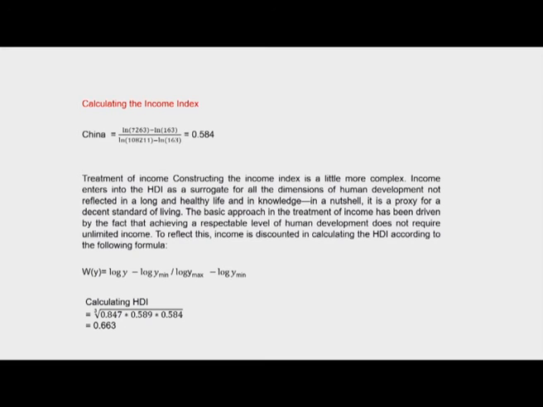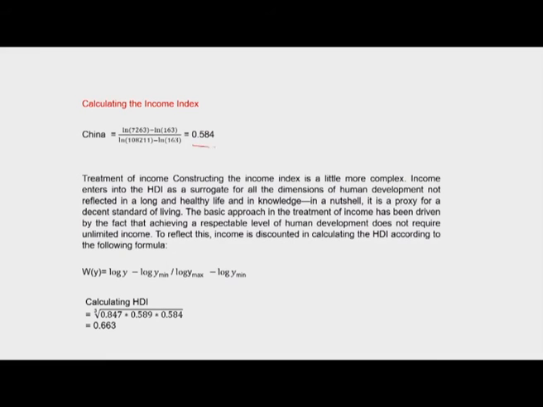The income index, there is a logarithmic transformation of the income. The goalposts have changed now. The goalposts in 2010, because it is based upon the actual achievements of the countries which have been considered. You must be informed here that in 2010 the number of countries for which rankings based on HDI are being done has increased, and therefore the goalposts have also changed. So the goalposts have changed in 2010, and based upon the logarithmic transformation of income, the income index is calculated,